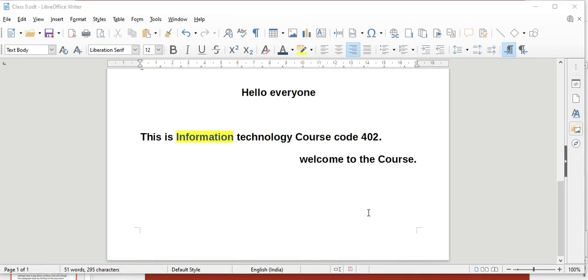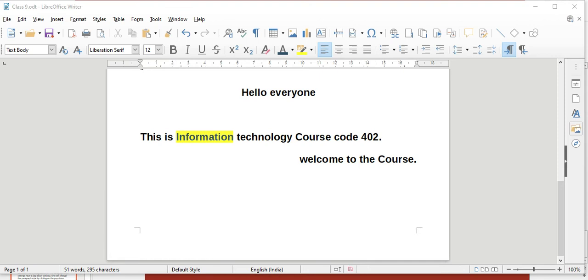Using bullets and numbering. When you are creating any list, you need to have a list. While you are creating, you should be in a bullet form or any numbering form. How can we create a list in LibreOffice? Let's see that. You can assign bullets or numbering to the list items in a document by using the options on the bullets and numbering toolbar. You can also create a neat list by using the bullets on the bullets and numbering toolbar.